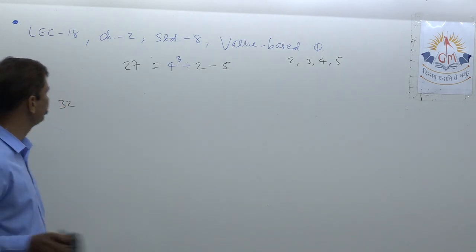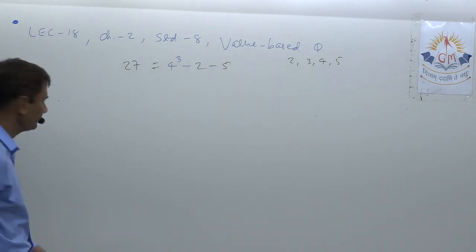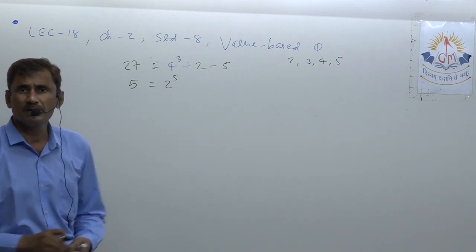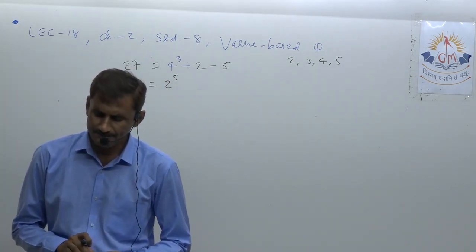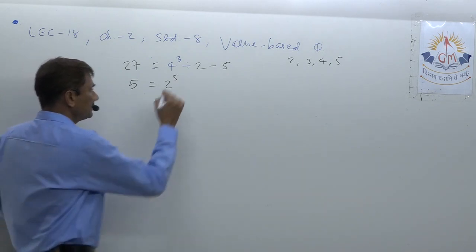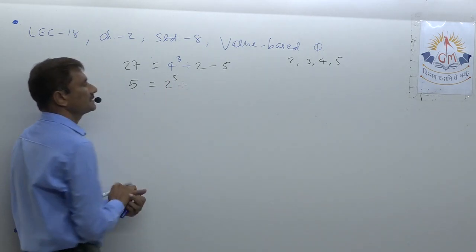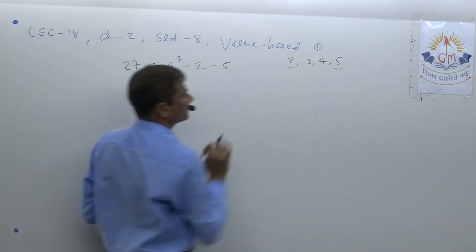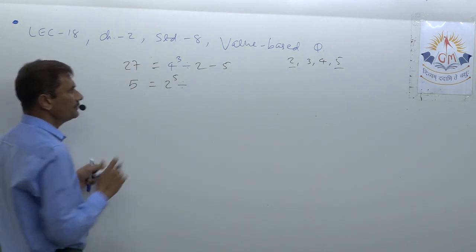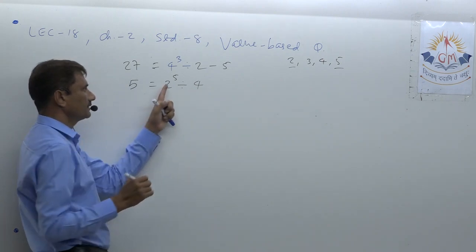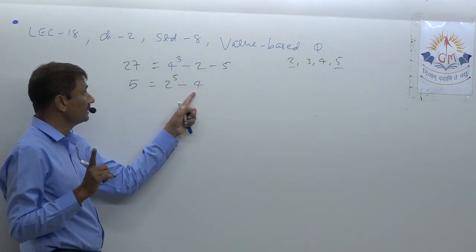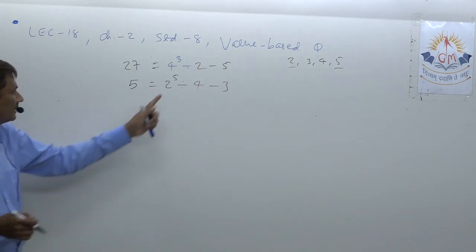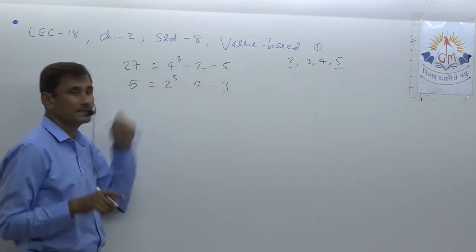So again, if I make here 2 raised to 5, so 2 raised to 5 will be 32. If I divide 32 by some number, now whatever is left, 5 is gone, now 4 and 3 are left. So I can divide by 4, 32 divided by 4, so 8 will be there. If I subtract 3, then just like that I will get it. Why? 32 divided by 4, 8. 8 minus 3, 5.